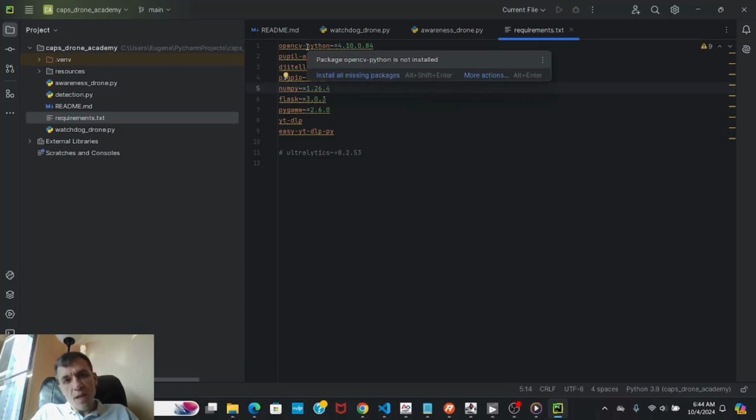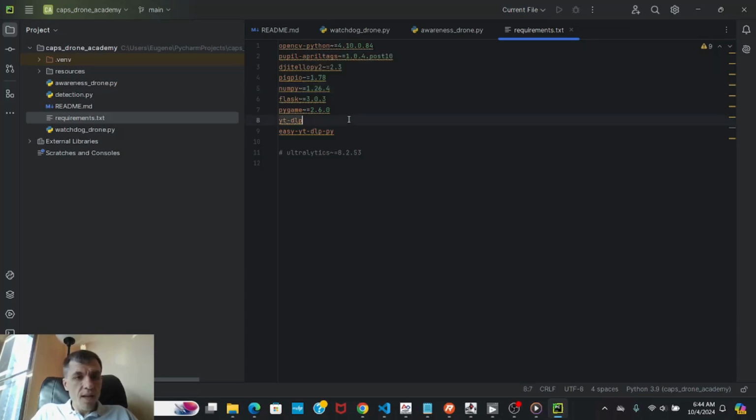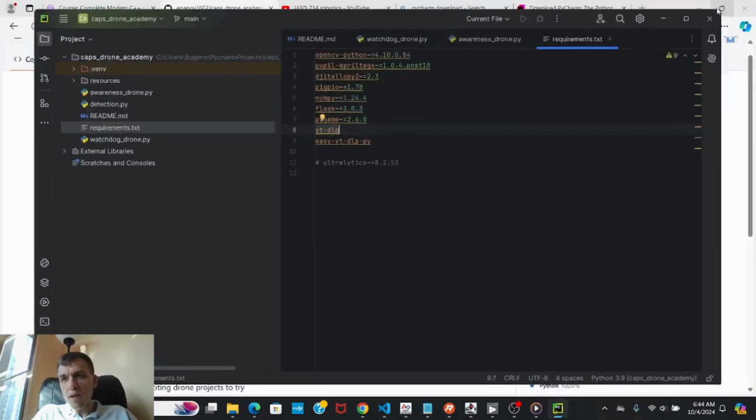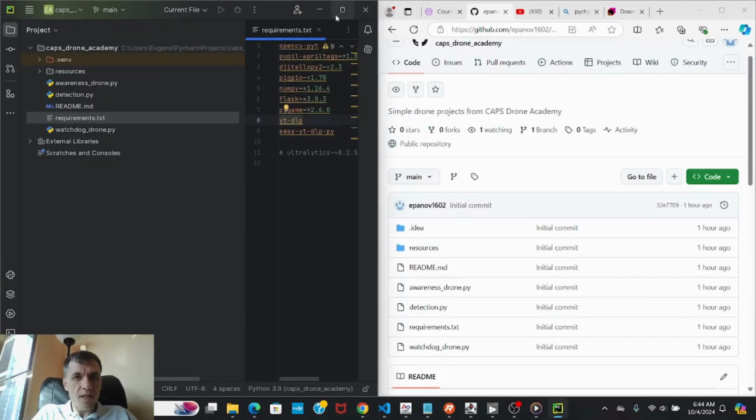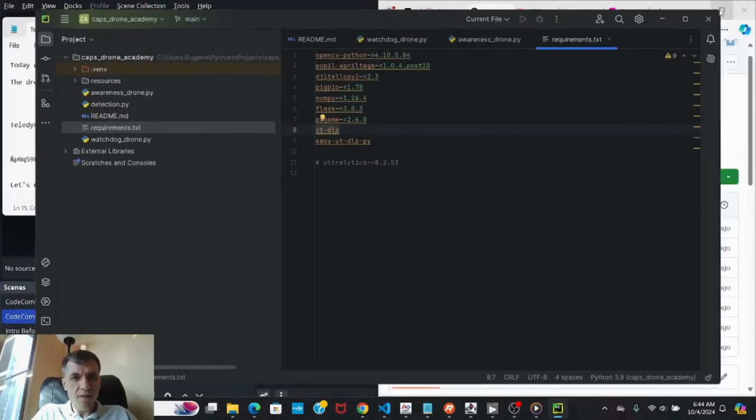For example, when I hover over this requirement, OpenCV Python, it says, hey, it's not installed, we need to download it. I can just click install all missing packages right here, and they will get installed. Finally, if you don't like clicking the links, if you like typing, another way to install requirements is to go to the lower left section of the window in here,